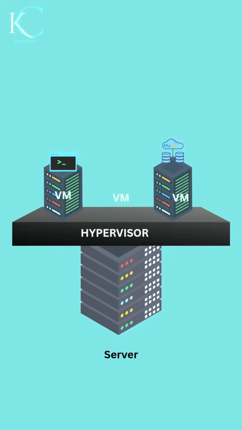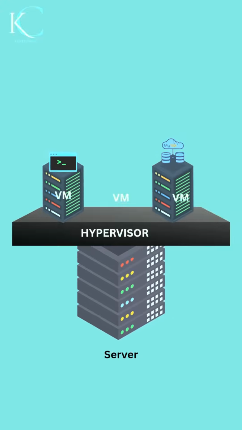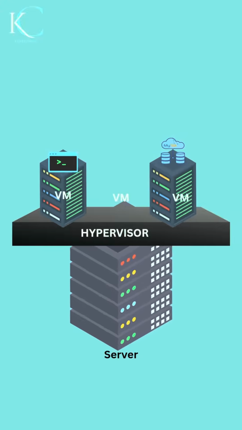So that's a very large server, and that server, I can virtualize it, put a hypervisor, which is basically a tool, maybe VMware, KVM, that can run other operating systems, right? And on that hypervisor, I can run a Linux virtual machine and a Windows virtual machine. Both of them are isolated from each other, right? This is like running two different servers within the same server, isolated from each other,